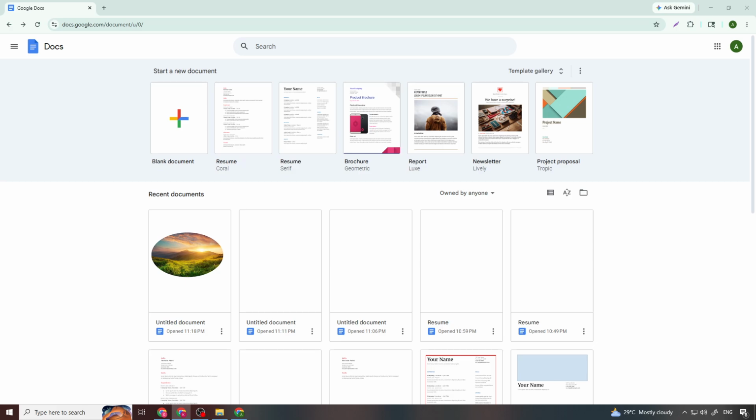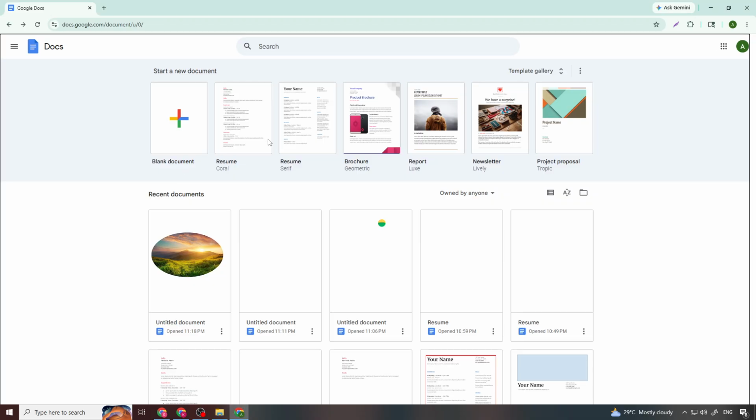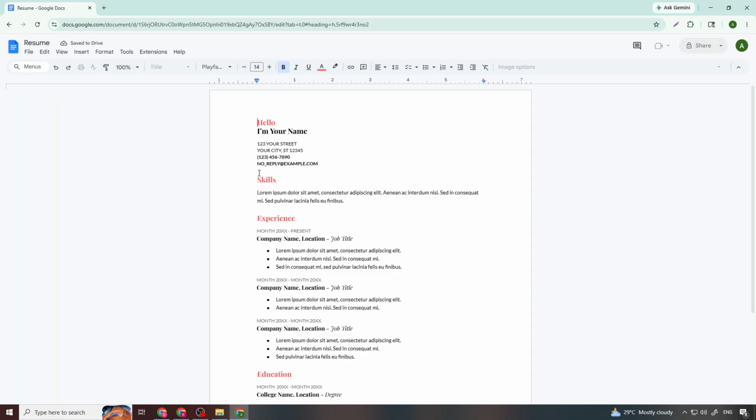In today's video, you will learn how to adjust spacing in Google Docs. Adjusting spacing helps make your document cleaner and easier to read. Start by opening your Google Docs file and highlighting the text you want to change so the formatting only applies